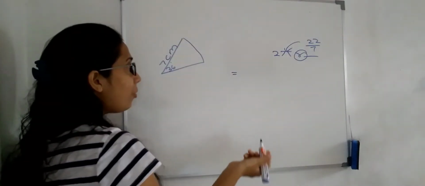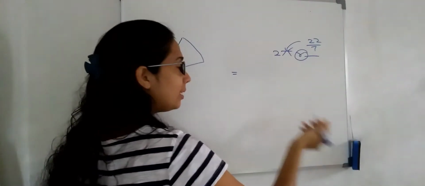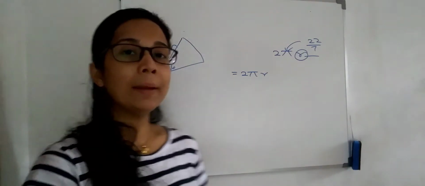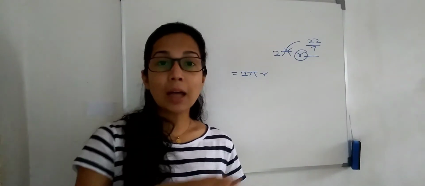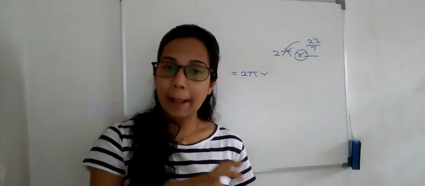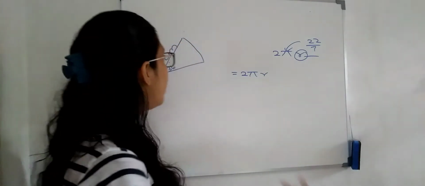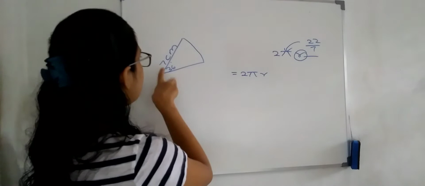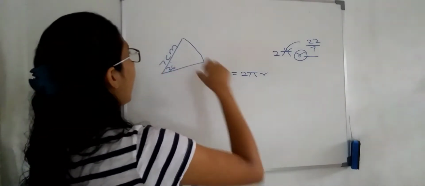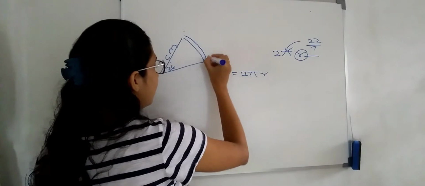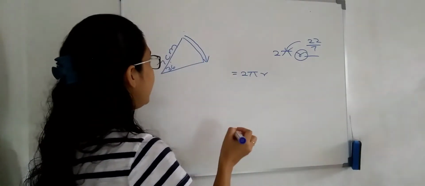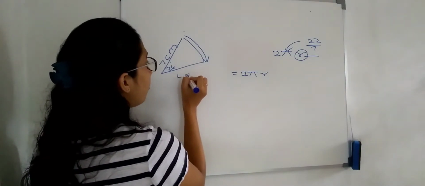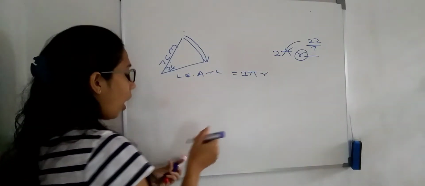What is the formula to find the perimeter of a circle? It is 2πr. But simply, what is perimeter? Perimeter is the sum of the lengths of all the segments by which the figure is bounded. So if we are going to find the perimeter of this sector, we should add together the values of these two radii and the length of this arc. Right, so first we should find the length of this arc. So how to find that?